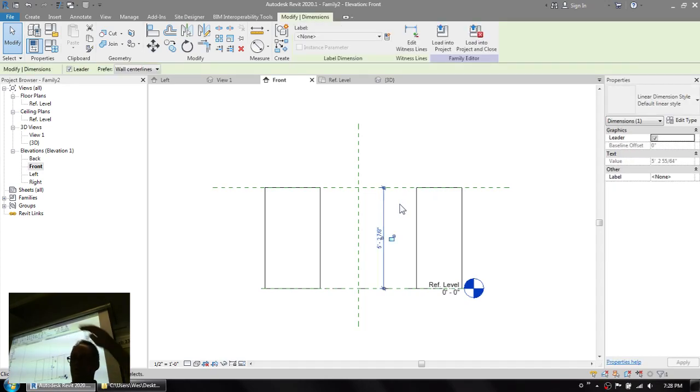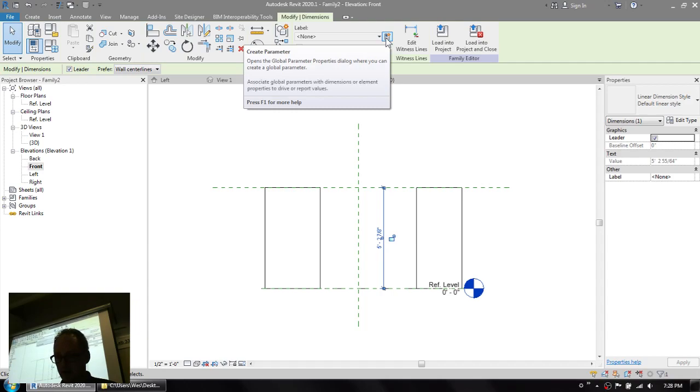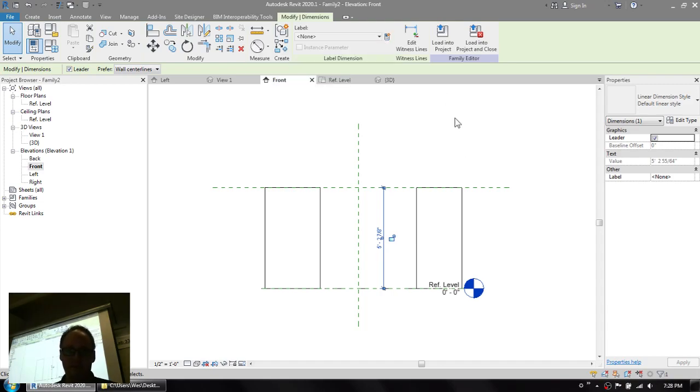So place that reference plane in there, give this dimension a label up here, and now we'll be able to control its size. Arcs are sticky at the corner,